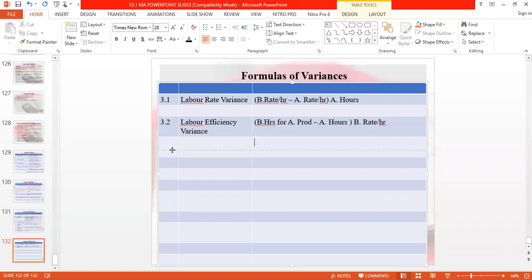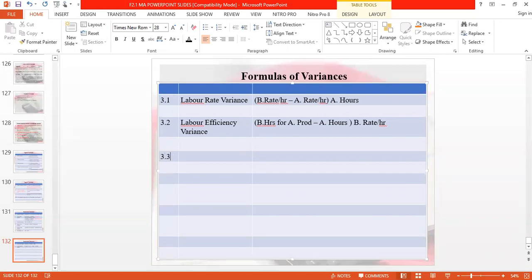We have 3.3. Total labor variance. Total labor variance is equal to labor rate variance plus labor efficiency variance. Number 4.1, variable overheads